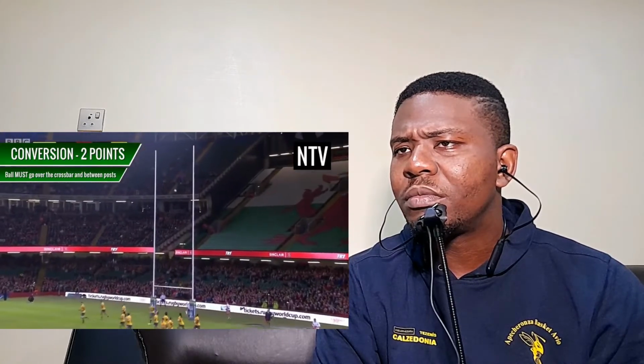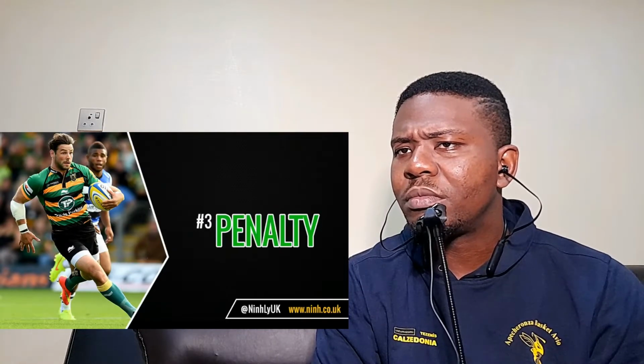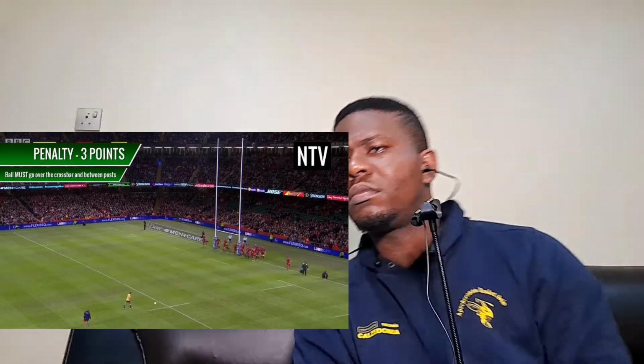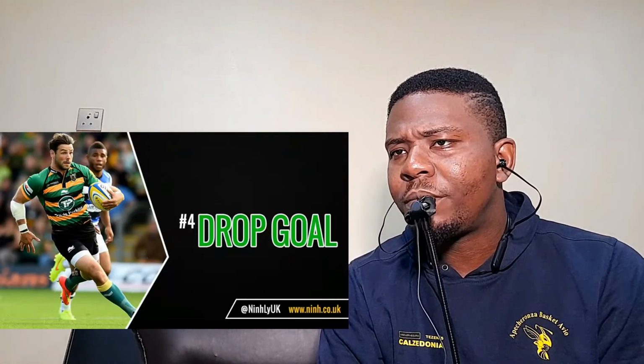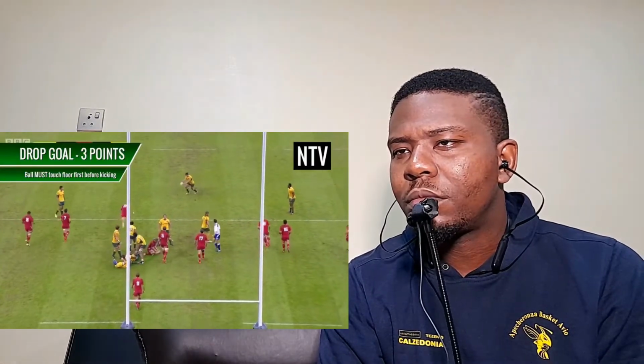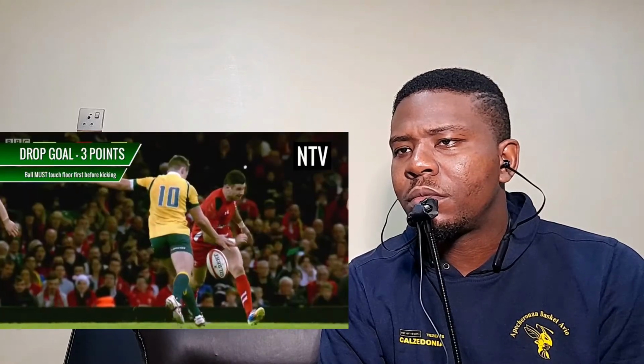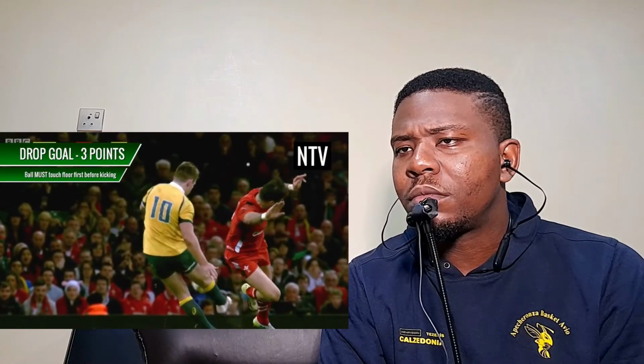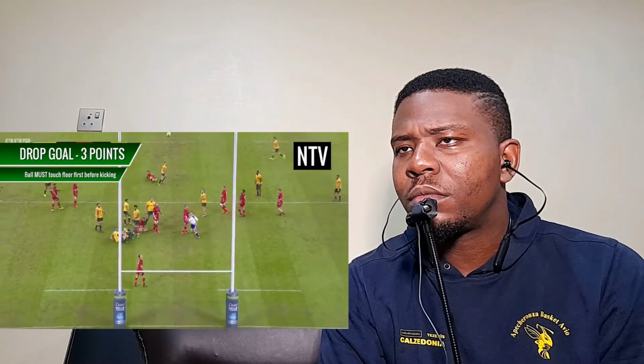Number 2, a conversion. After scoring a try, you are awarded a conversion kick to add more points. The kick is made from a spot 20 metres from the goal line and perpendicular to the spot where the try was scored. Kicking the ball between the posts and over the crossbar scores 2 points. Number 3, a penalty. If your opponent commits a foul, you may choose to kick the ball from the ground between the goalposts. This scores 3 points. Number 4, a drop goal. You can also kick the ball between the posts at any time during open play. To do this, you must drop the ball onto the ground first before kicking it. This also scores 3 points.